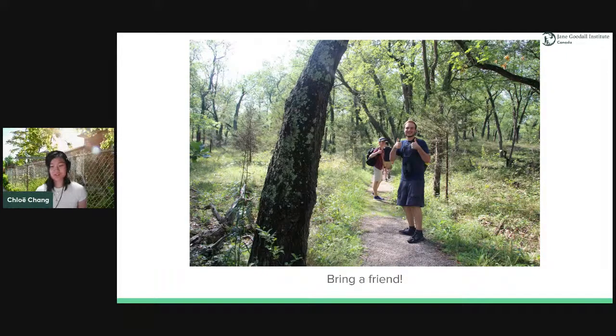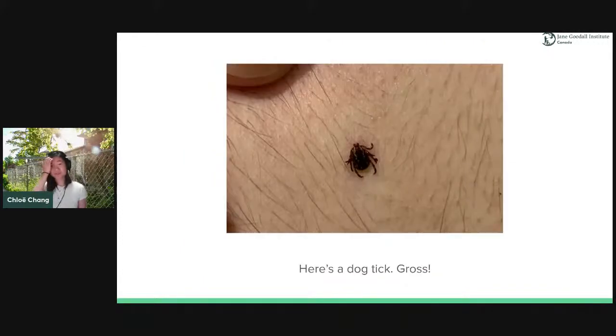Also, please protect your body. Stay hydrated with water if it's a longer walk. Using sunscreen and bug spray if you need to. For example, this photo here is a tick, I'm sure as you're all familiar with. And this one was one that I found on a friend after visiting just a regular public park. It didn't have any super long grass. This is a dog tick, and so you never really know,